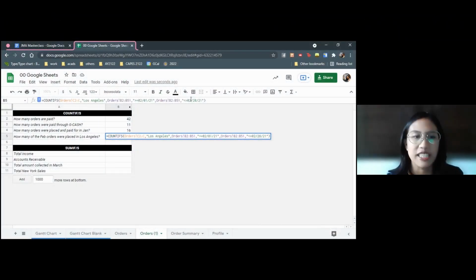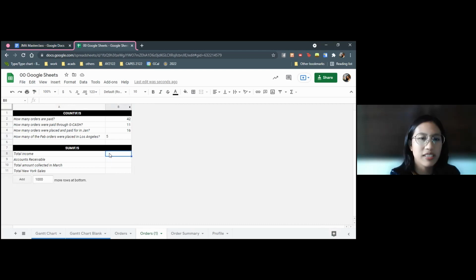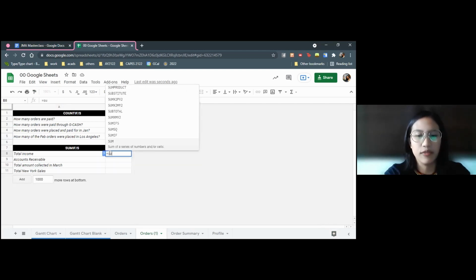So next naman, SUMIF. This one, it's similar to COUNTIF, except you apply it when you actually want to add the values in the cell. For example, you're counting money. That's like the easiest application of it. So total income, the first example. The syntax naman for SUMIF is,